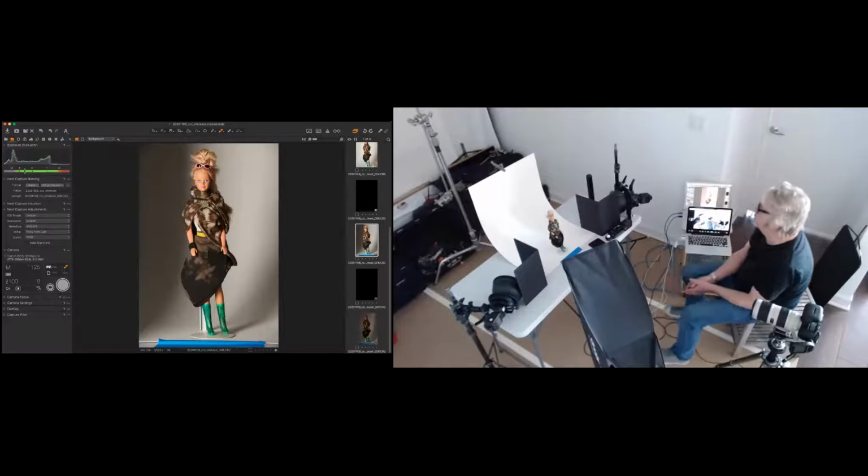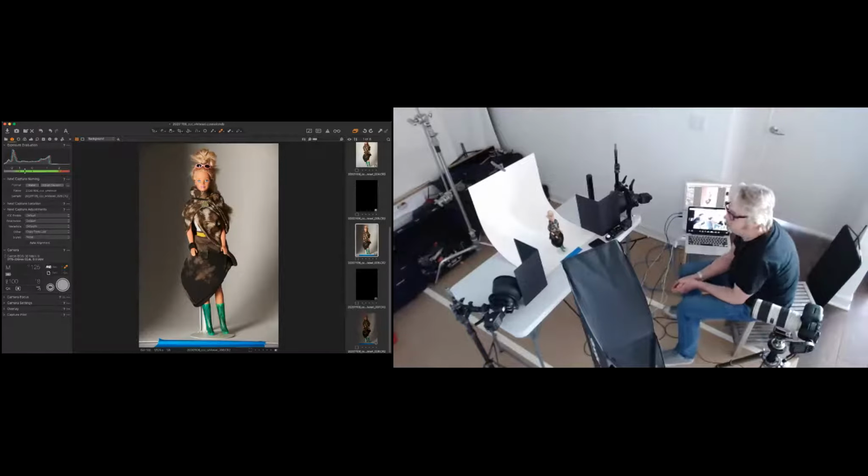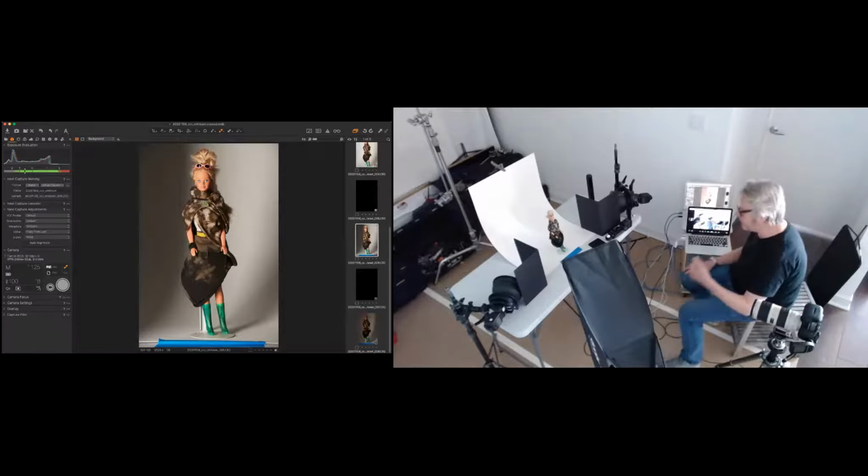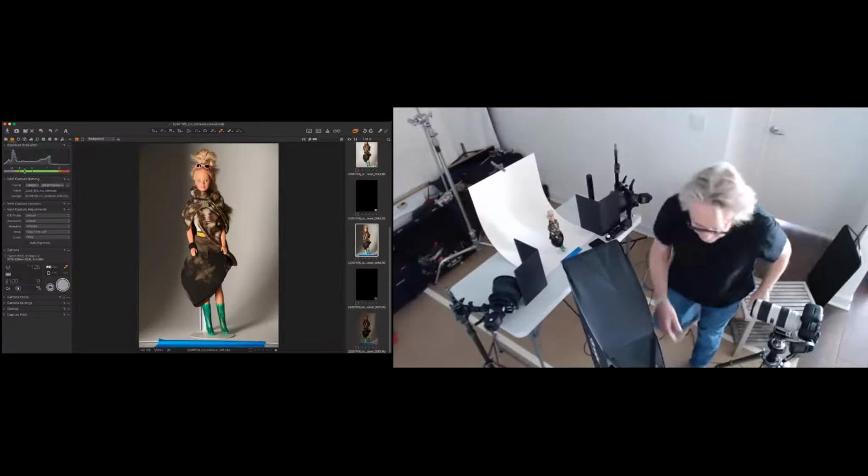controls contrast? Rule number 1. Power? Distance? Nope. Size? Size. Good job. Then what controls size? Rule number 2. Distance. Exactly. So if I want this to be sharper, let's just look at it. We've got time, I think, a little bit. Hopefully I'll get through this. I'm going to carry my main light back a good distance.